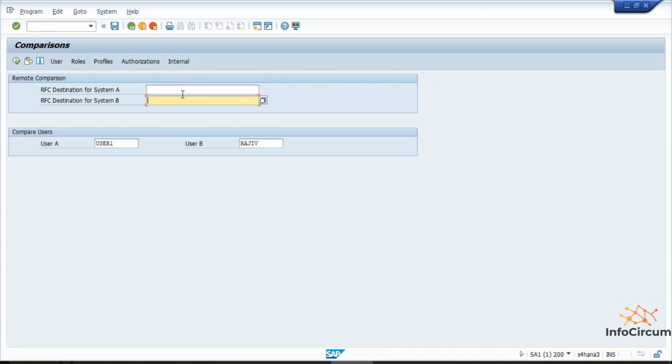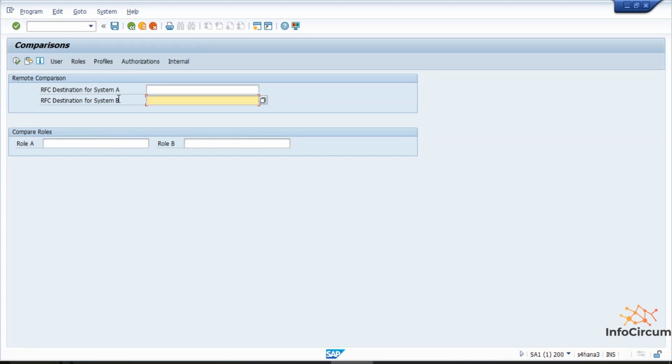I cannot show you the example over here because currently there is no logical system other than this, so I cannot explain with an example. But you can put a logical name here for user A and for user B, and you can compare the user between the two systems.